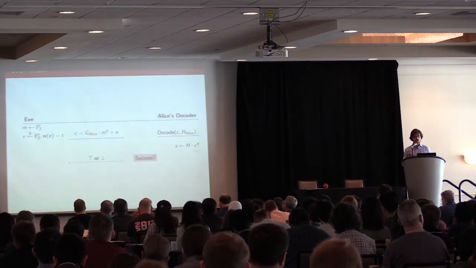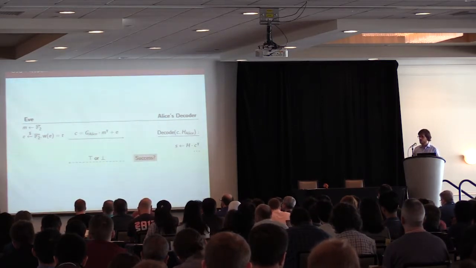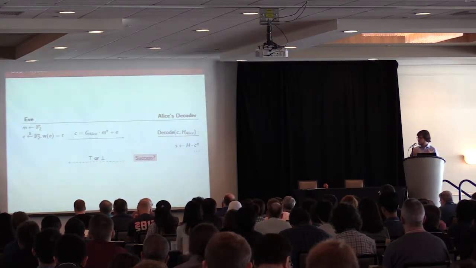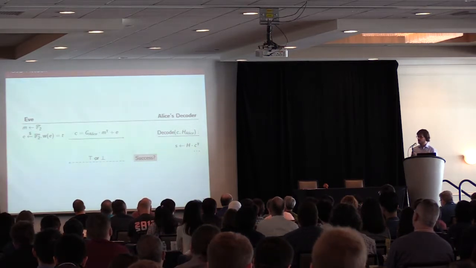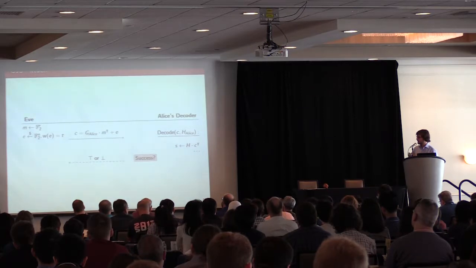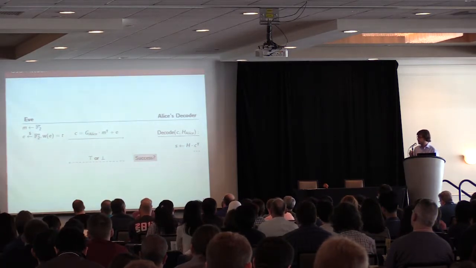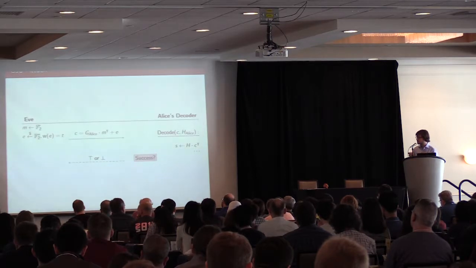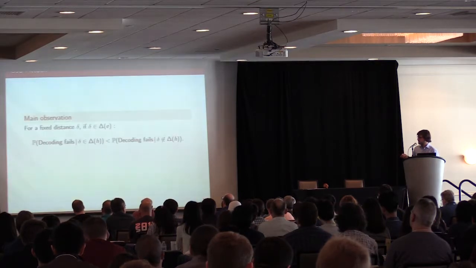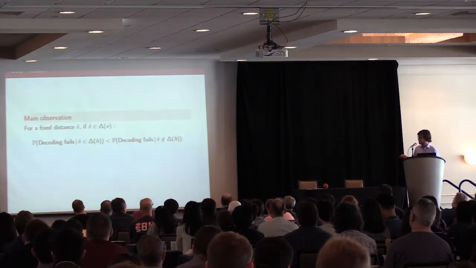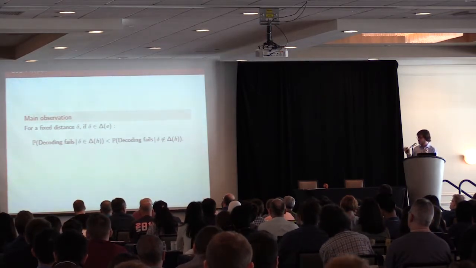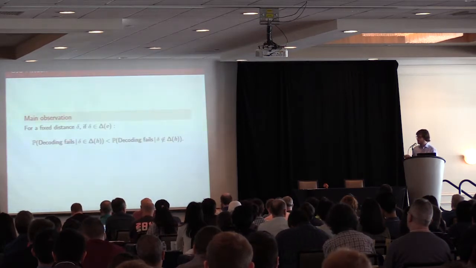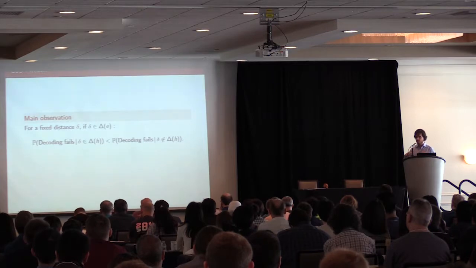Imagine that you have somehow access to a device that is Alice's decoder, so it contains Alice's private key, and Eve can send random ciphertexts to the device. She doesn't choose the value of e, but she knows the value of e. She sends random ciphertexts, and all she can know is whether the decoding failed or succeeded. By exploiting this information, that if there is the same distance in the spectrum of e and in the spectrum of h, the decoding fails a bit less on average, they manage to recover the full spectrum of h by sending random error patterns.